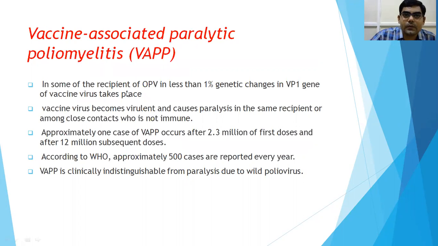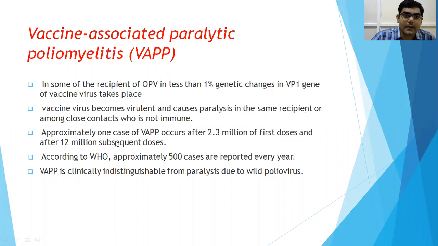So these are the new ones: VAPP means vaccine associated paralytic poliomyelitis. In some recipients of OPV, in less than 1%, some genetic changes occur in the VP1 gene of the vaccine virus. What we give as oral polio is attenuated, less harmful, but some genetic changes occur. The vaccine virus becomes virulent and causes paralysis in the same recipient or among close contacts who are